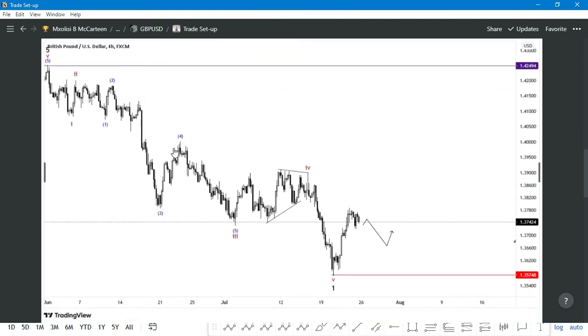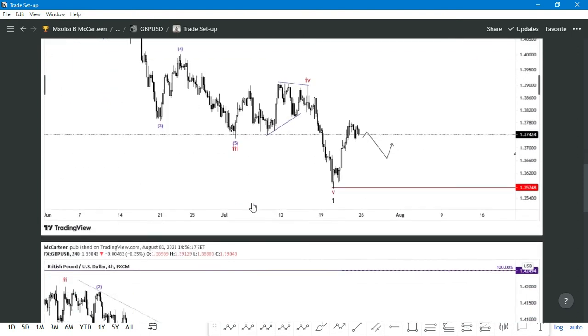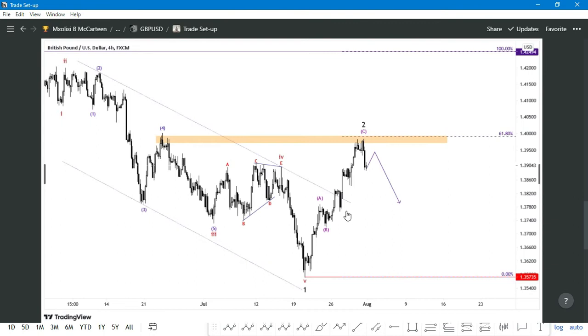This past week we were hoping to see price correct before we enter a buy around these areas, but unfortunately we didn't see that retracement, so price just went up. If this is a wave 2, then it's a wave 2 of a zigzag, which is quite sharp, and it carries the characters of a wave 2, so I'm not surprised if it unfolds like this.